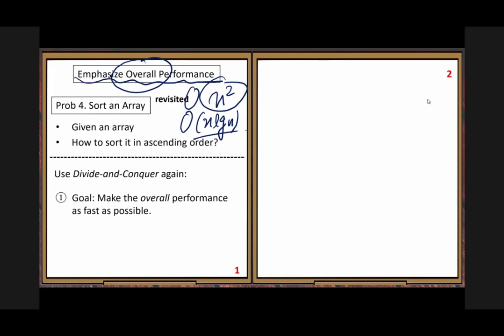The goal: make the overall performance as fast as possible. It's hard, but we try to use a different idea. Tolerate poor worst case performance. We allow that, whereas merge sort avoids poor worst case performance. But here, because it's a trade-off issue,